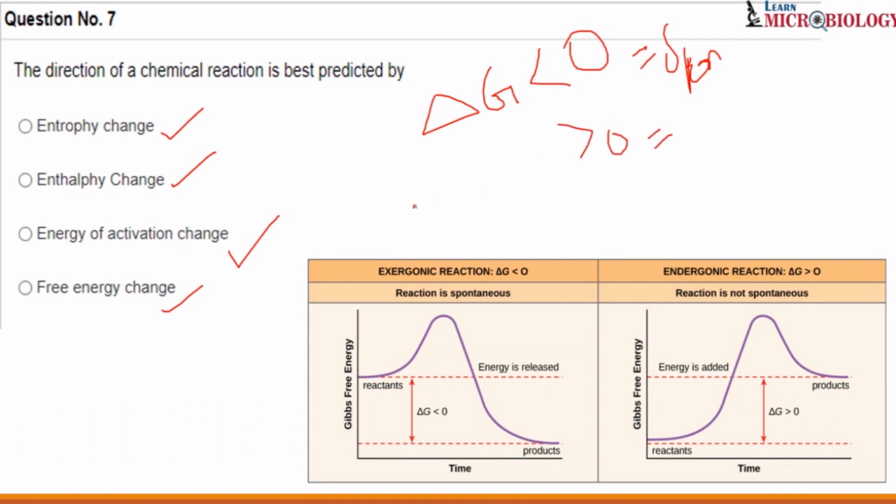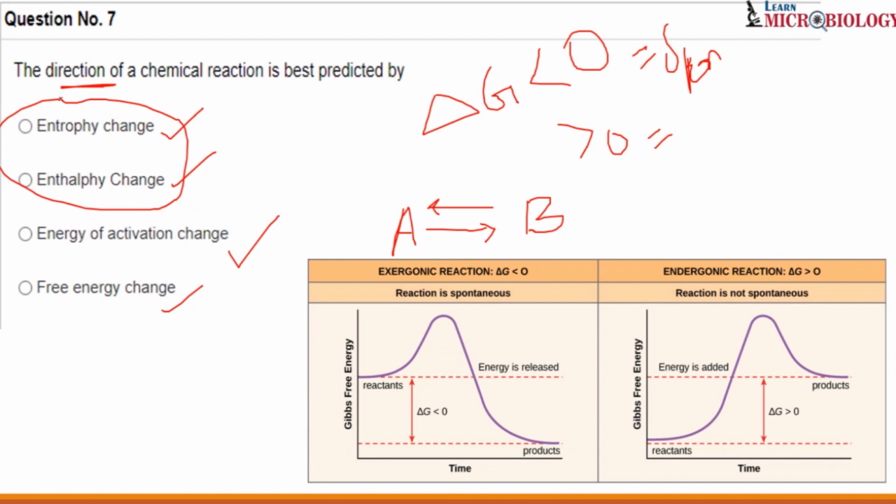So basically, if we consider one reaction, let's say a reaction is starting from a substrate which is A and is moving on to a product which is B. Okay, so what is the question asked? The direction of chemical reaction, either it is forward or it is backward. Now that depends on which of the three. Entropy, a measure of disorder, doesn't have a role over here. Basically, delta G actually comprises both enthalpy and entropy, right?